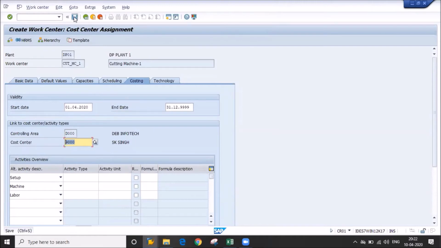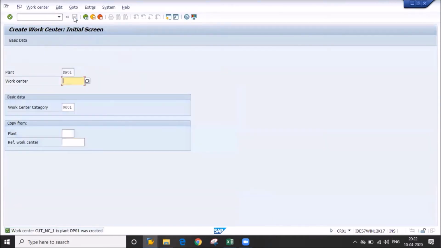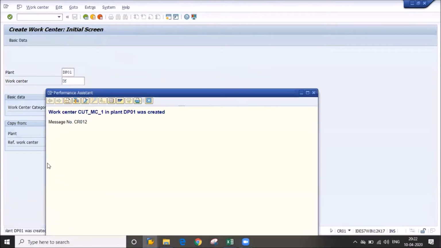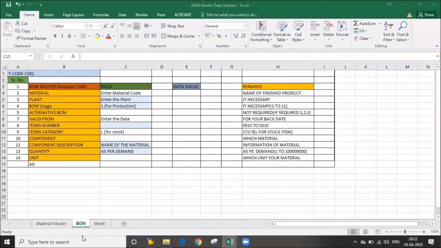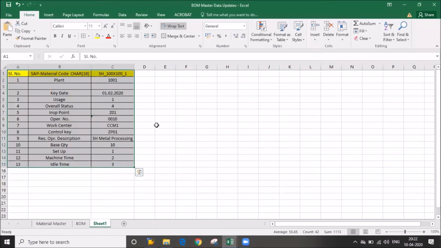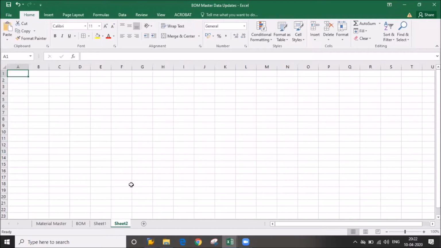Now I'm going to save it. So now your work center is generated.